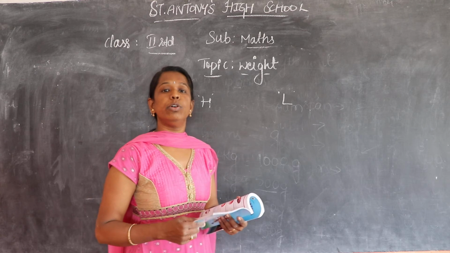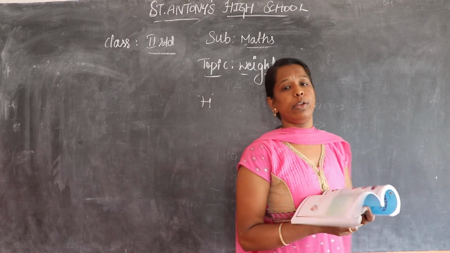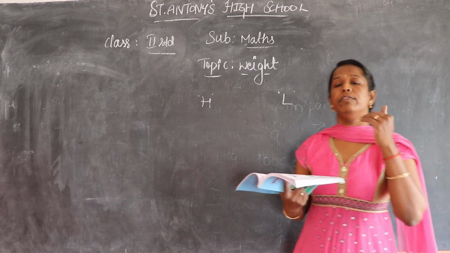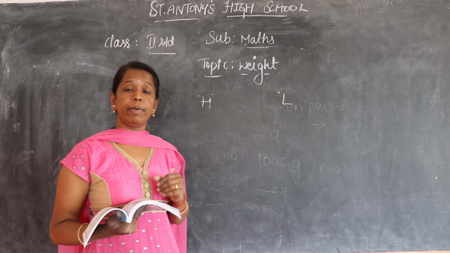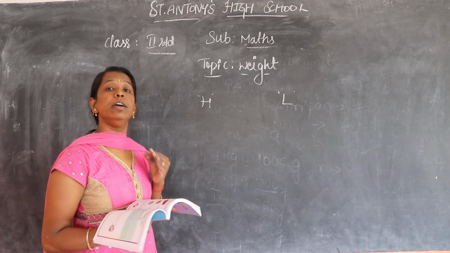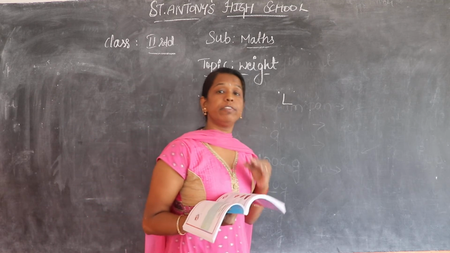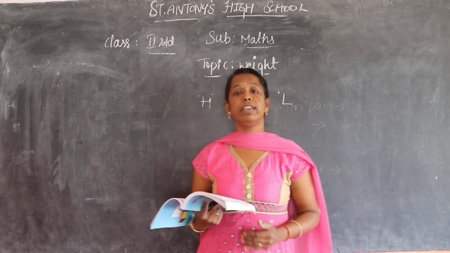Okay children. When you are buying some objects or you can see in the surroundings, you have to write which is the heavier object and the lighter object. For example, which is the heavier object, bus or a car? Here, bus is a heavier object when compared to the car. Like that you have to compare and think it yourself.